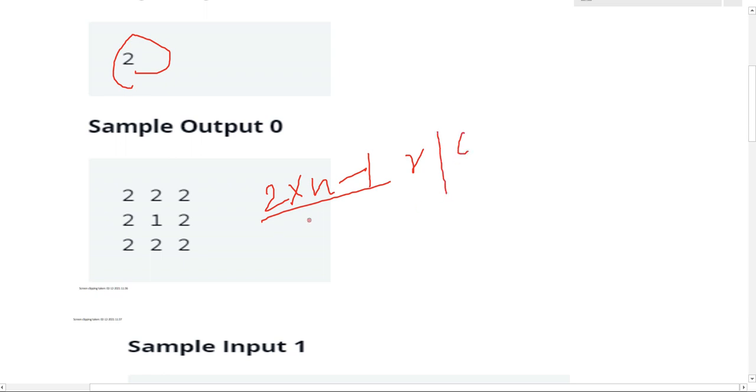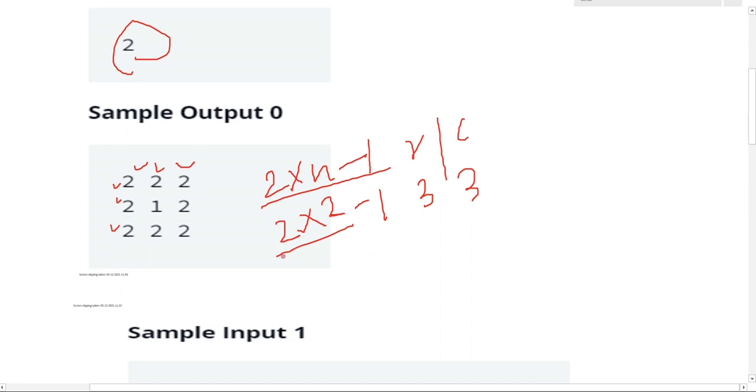So put 2 into 2, 4, 4 minus 1, it is 3. So 3 rows and 3 columns. Understood? We can count here 1, 2, 3 rows, 1, 2, 3 columns. So for n equal to 2, we are getting 3 rows and 3 columns.